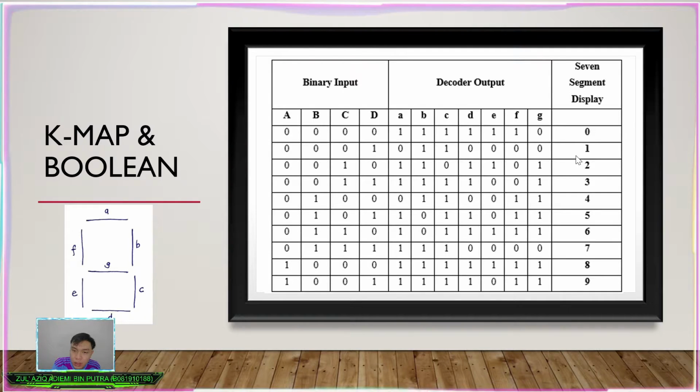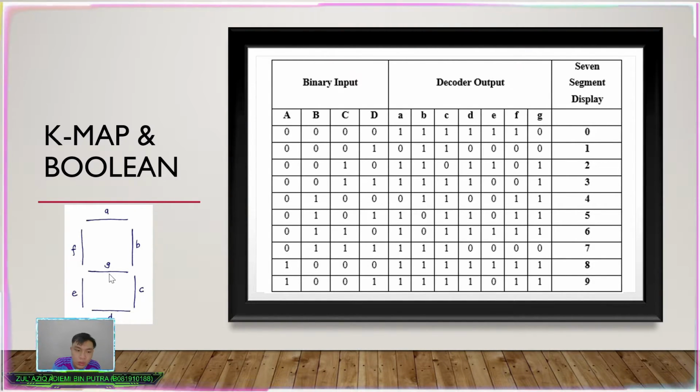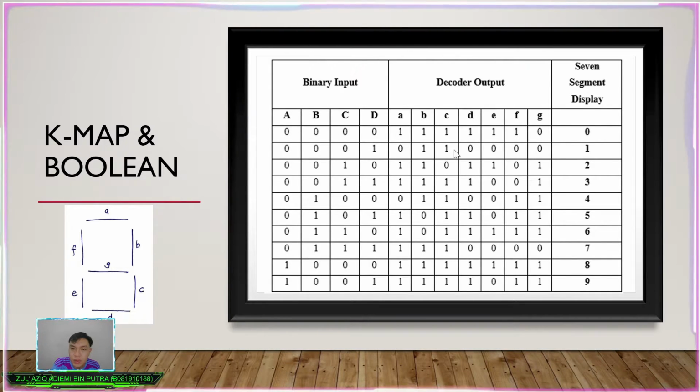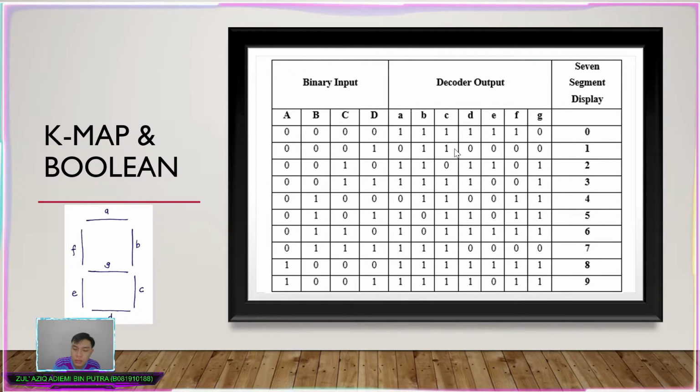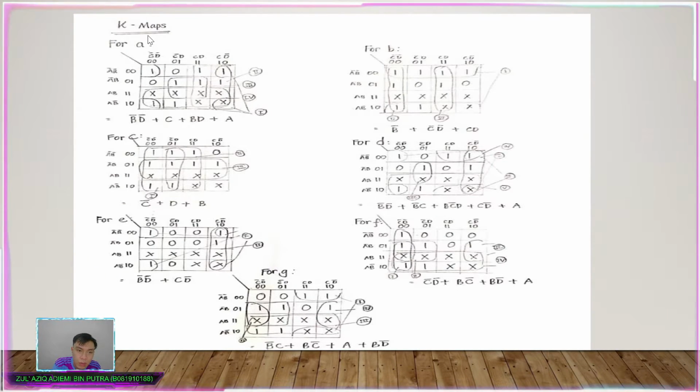If the 7 segment display shows number 1, then just BC is 1. So from the truth table, we can do the K-maps. For example, if